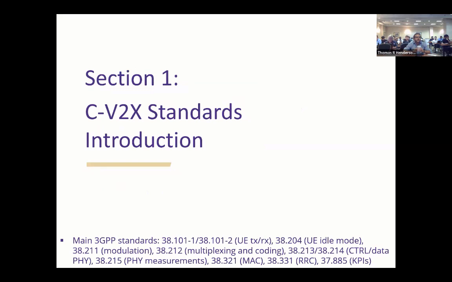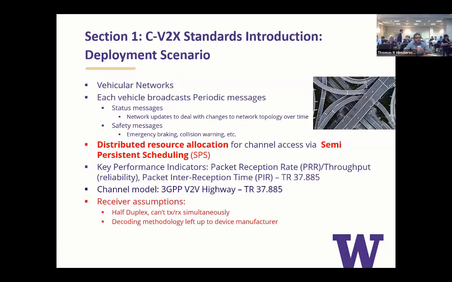So let's begin with the CV2X standards. Originally, CV2X was designed to support vehicular networking, broadcasting periodic messages, which is going to be the focus of this tutorial, but it has been expanded to support non-periodic or dynamic messages. Because the network is designed with safety messages in mind, the side link is enabled for direct vehicle-to-vehicle transmissions. These types of safety and status messages are generally considered to be periodic messages, given that they need to be transmitted regularly. The side link was a concept originally introduced for proximity services, a protocol meant to support public safety